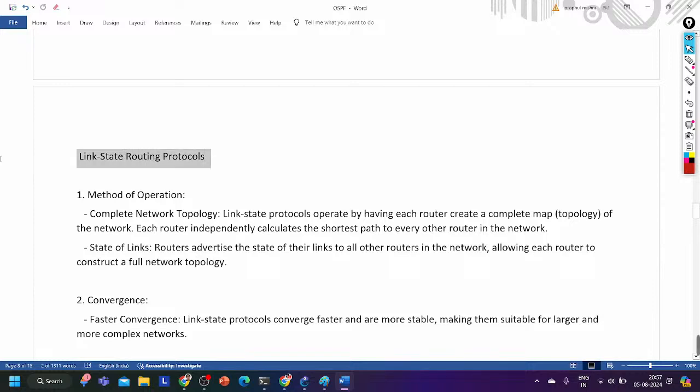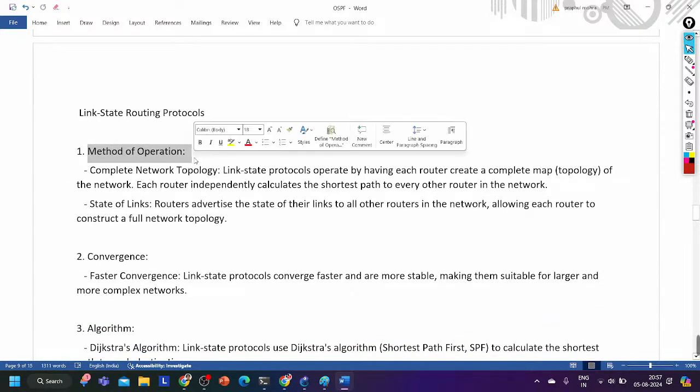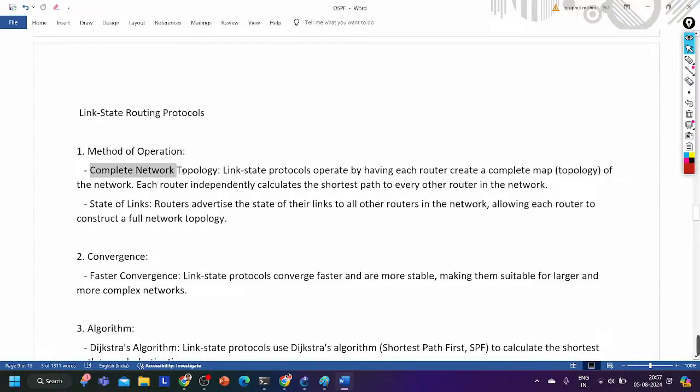Then the link state routing protocol. If I talk about link state, see guys, the method of operation: all routers will have the complete network topology. Link state protocols operate by having each router create a complete map,